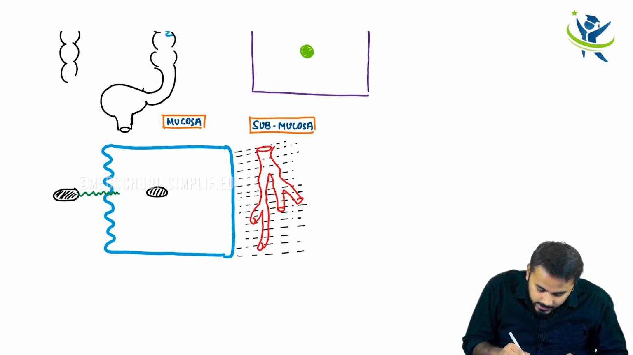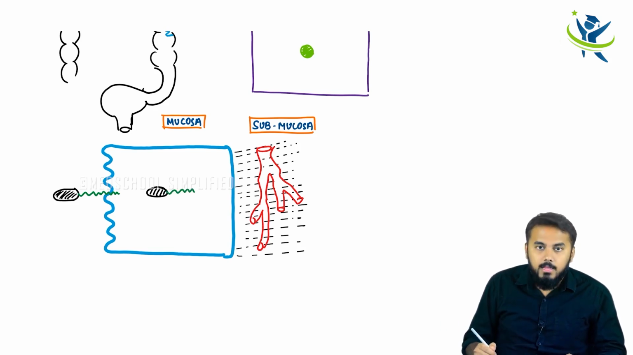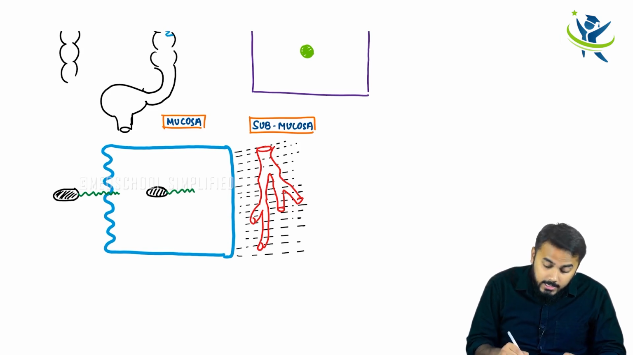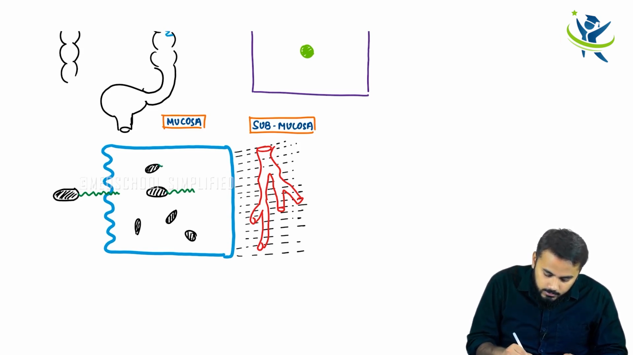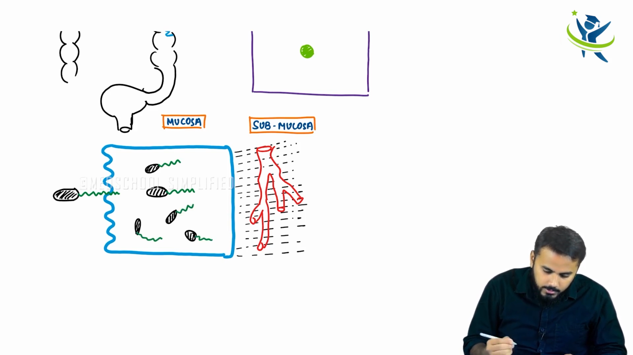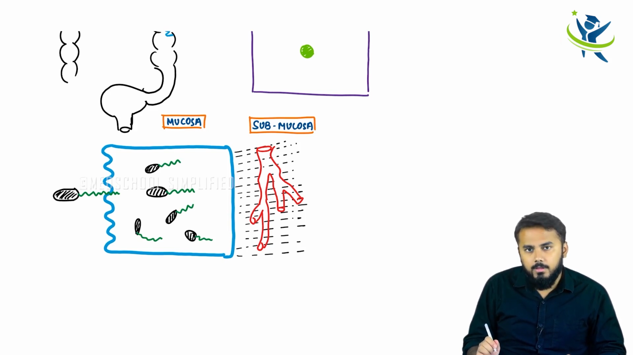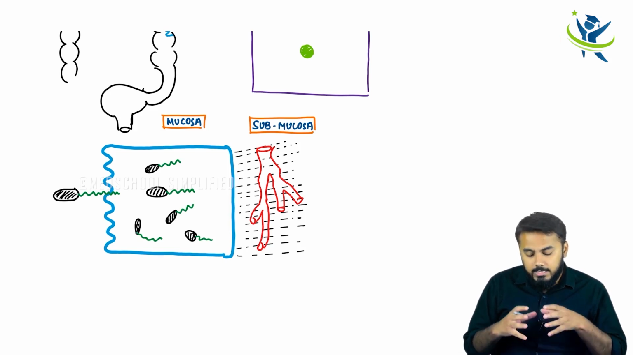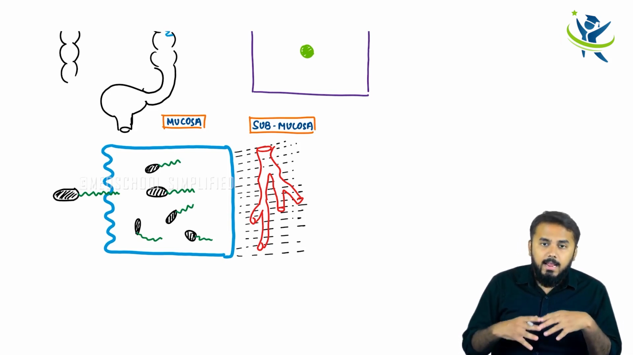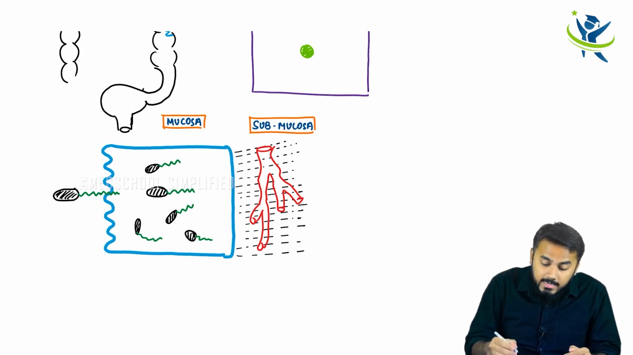It drills with the flagella and finally the bacteria is in. Now this bacteria, guys, multiplies. This bacteria will multiply in the enterocyte like this, and after multiplication it will start releasing